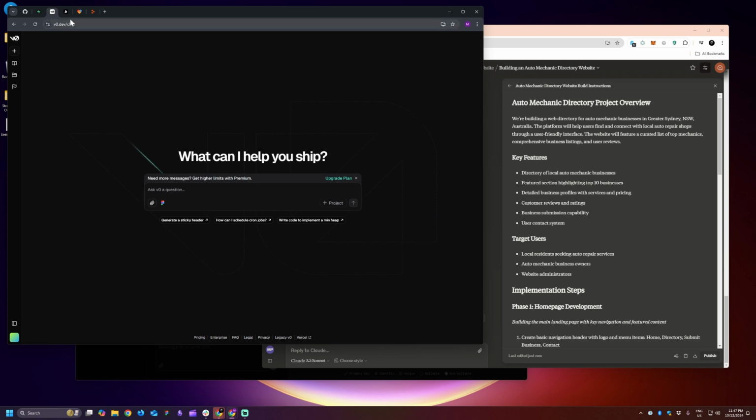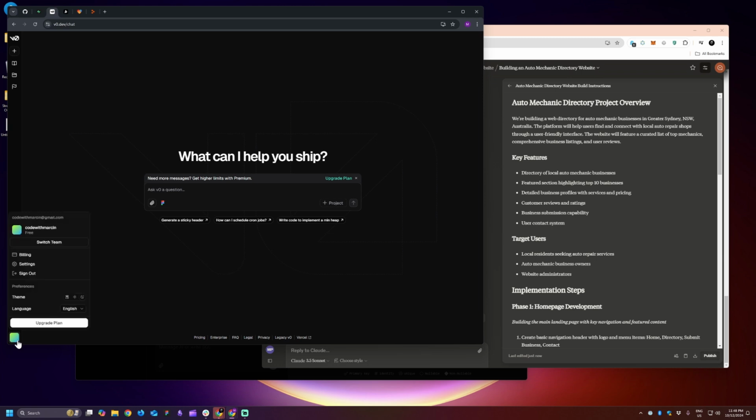Now again, each one of these AI builders, yes, they have free tiers, but each one of them has a limit in regards to tokens. Sometimes they really don't make it too easy to find what your actual limits are. So for example, for V0,